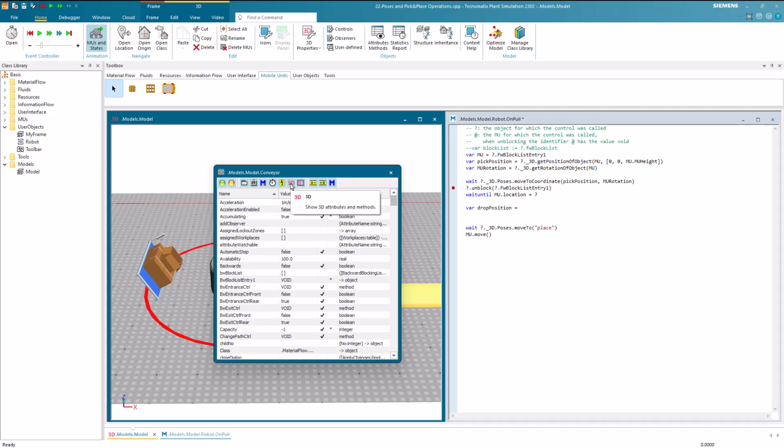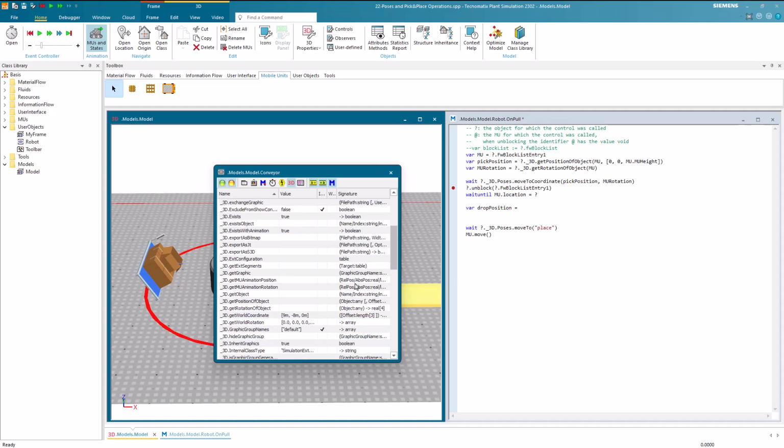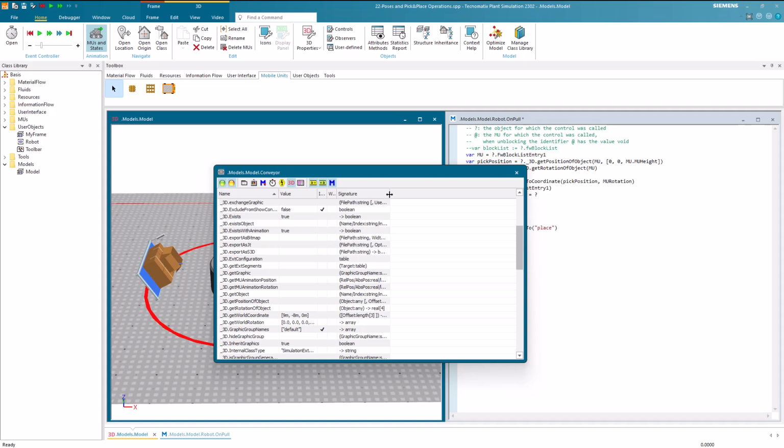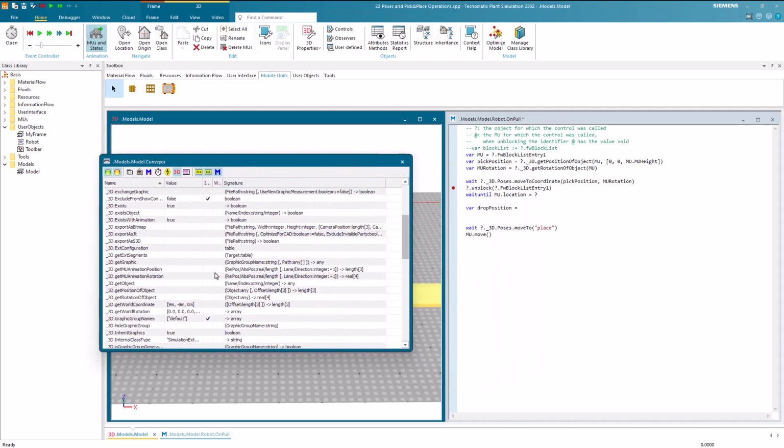This filters the view to display only the 3D attributes and methods. Upon scrolling down, we discover the methods getMUAnimationPosition and getMUAnimationRotation. Of particular interest is the getMUAnimationPosition method. Upon inspecting its signature, we note that we can provide either an absolute or relative position as a parameter.